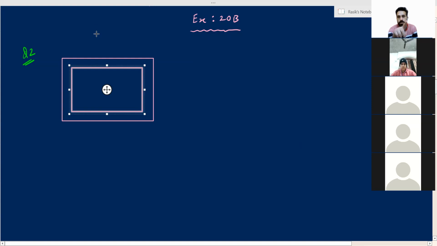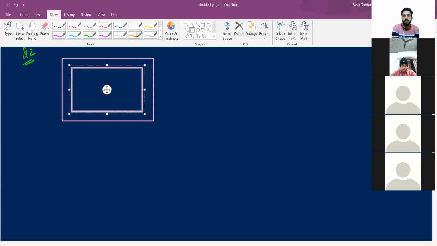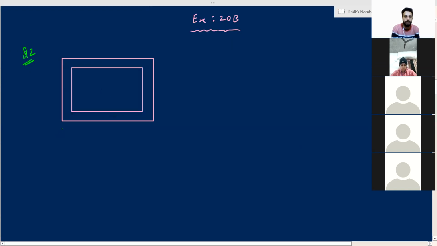Please pay attention on this thing also, whether the path is constructed in the inside of the plot or on the outside of the plot. So this is also an important thing to notice here. The path is constructed inside the plot, in the inner portion. So that means the dimensions which are given are of the outer rectangle. This will give you the hint whether the dimensions are of the inner rectangle or of the outer rectangle. Dimensions are of the outer rectangle, 95 meter, 72 meters. The width of the path is given in the question, 3.5 meters.